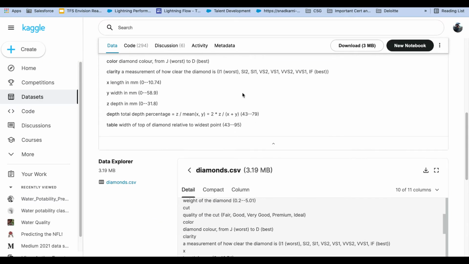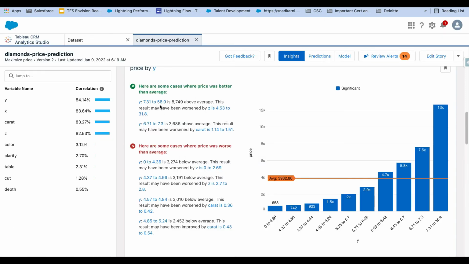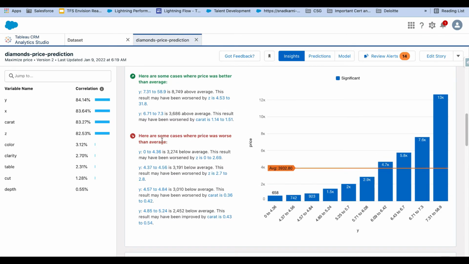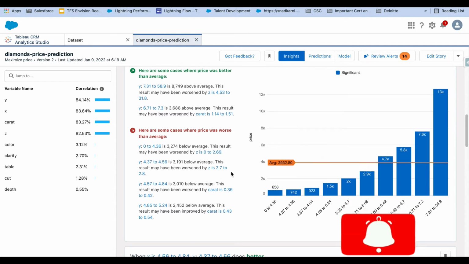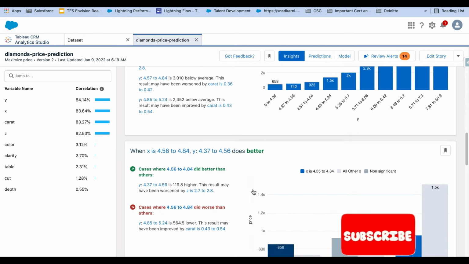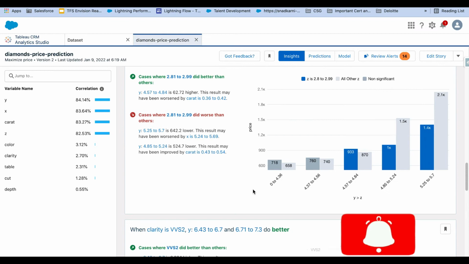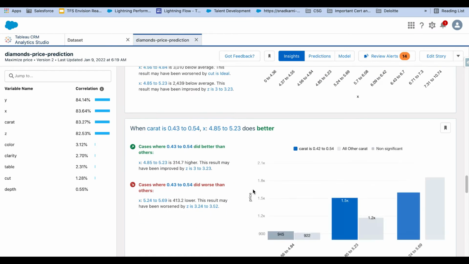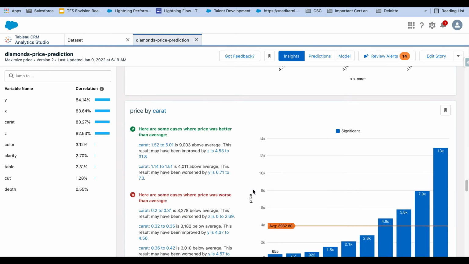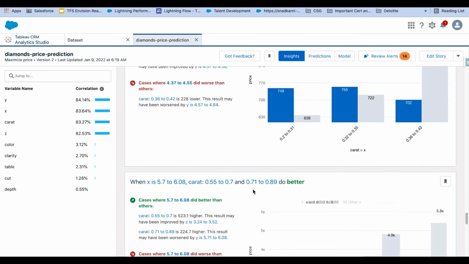So when the width of the diamond is between 7.31 to 58.9, the price is $8,700 above this price, right? It also tells us when the price was worse than average and so on. So a lot of great insights generated by Einstein Discovery. As you can see, I can keep scrolling, and there's tons and tons of insights on a data set that